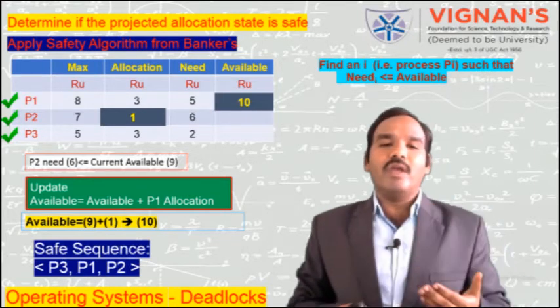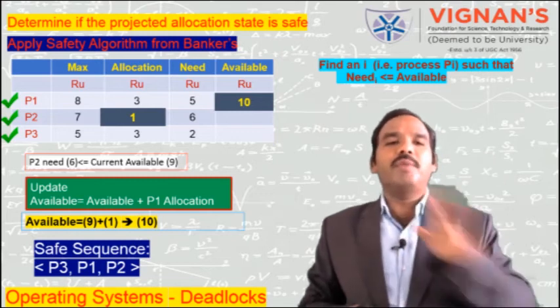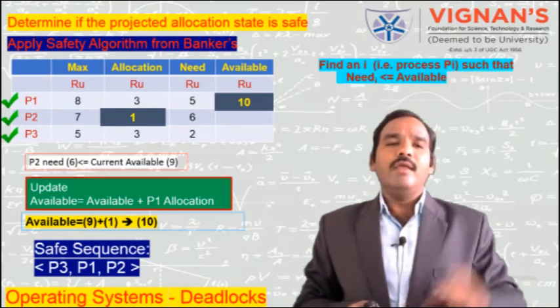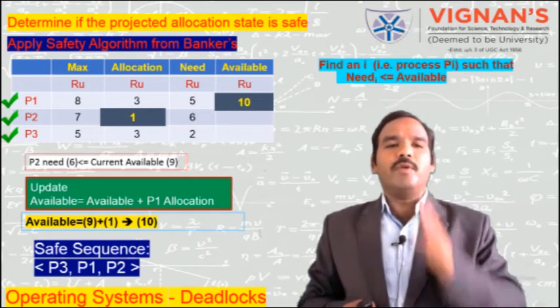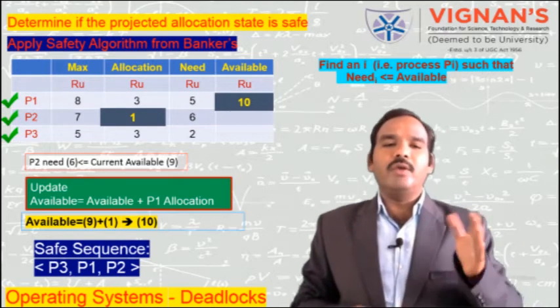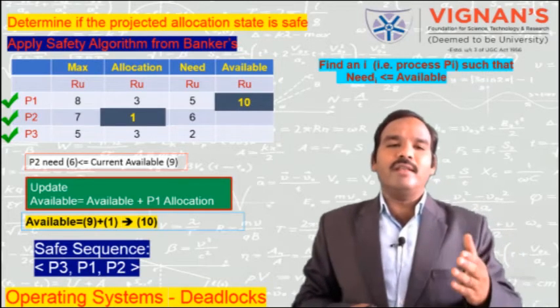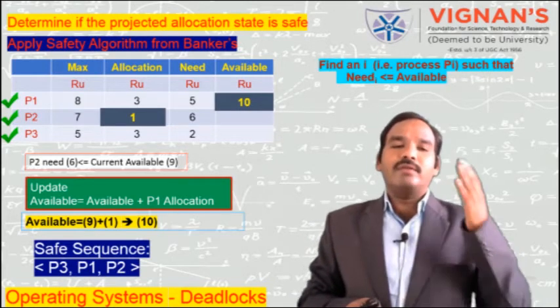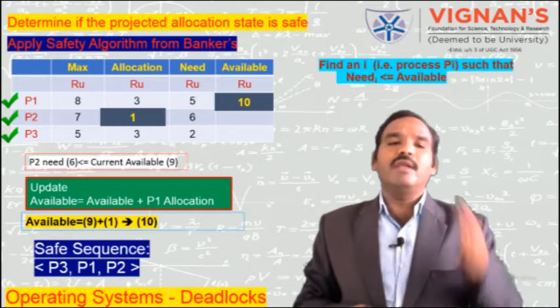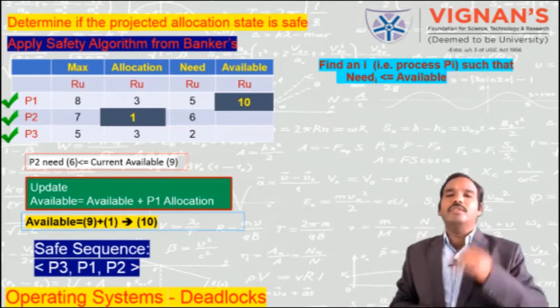But what is the order we are following? In any order, the first process is P3. There is no doubt at all. Then you can select either P2 or P1. If any student has given a safe sequence that starts with other than P3, that safe sequence is wrong for this problem.